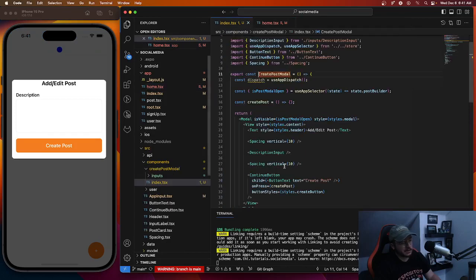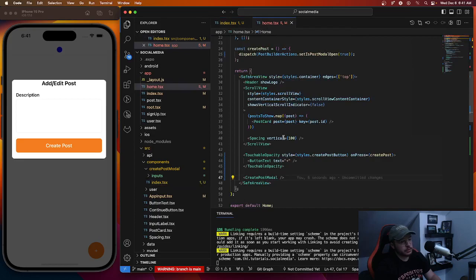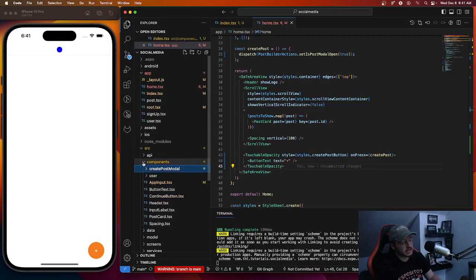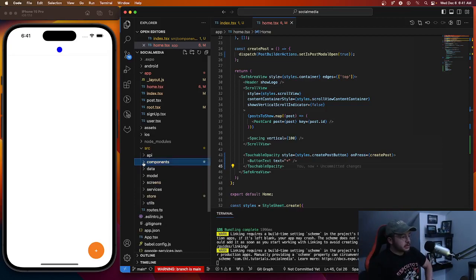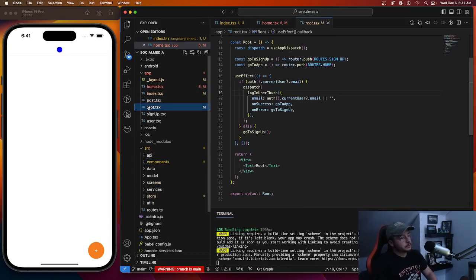Okay, so now we're inside this modal. And what we should do is not put this here. We should instead, because if we put it here, then we would have to declare it everywhere that we use it. Whereas if we just go to the root,